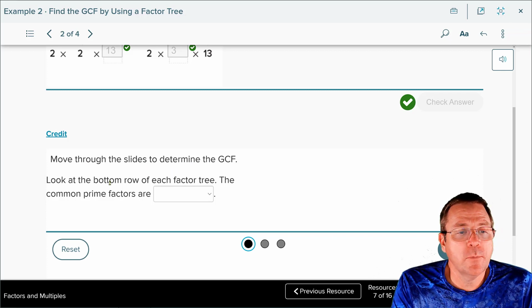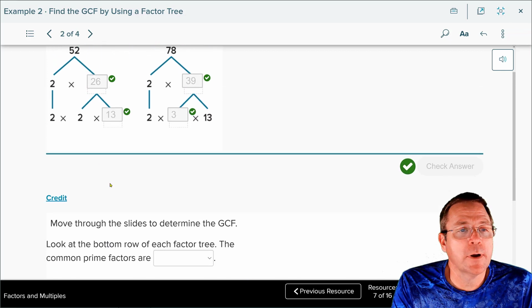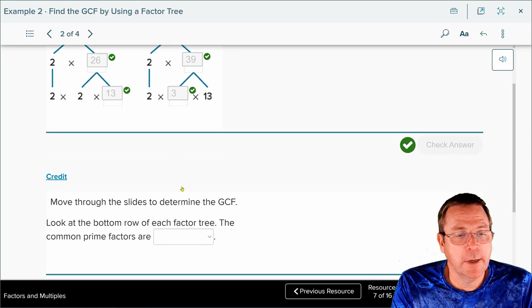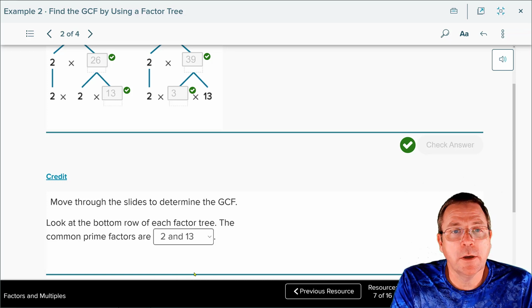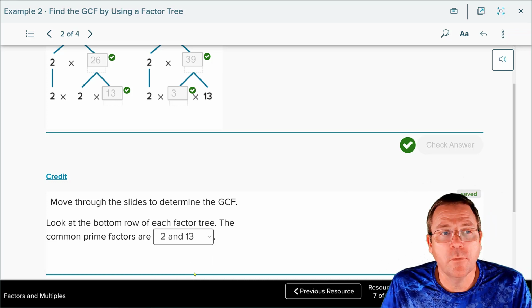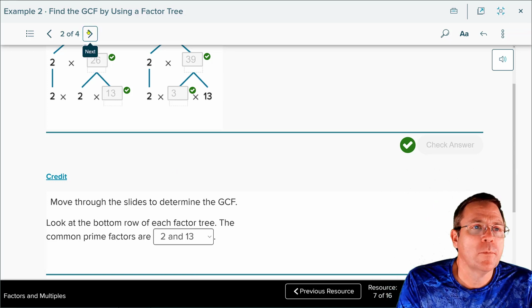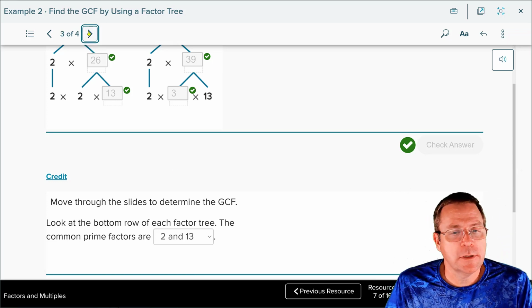We're going to look at the bottom row of each factor tree and see the prime factors. You got a 2, a 2, and a 13. Here you have a 2, a 3, and a 13. So the prime factors they have in common are going to be 2 and a 13. One 2 and one 13 that they share. From there, moving on to the next slide,